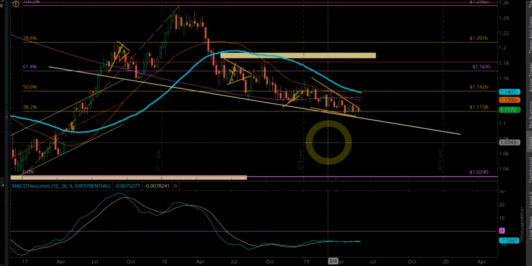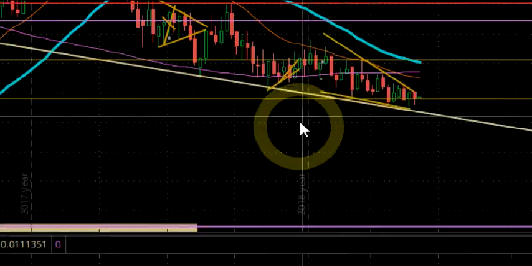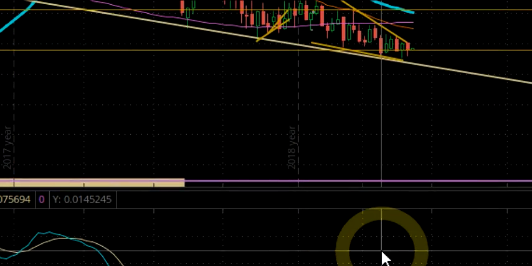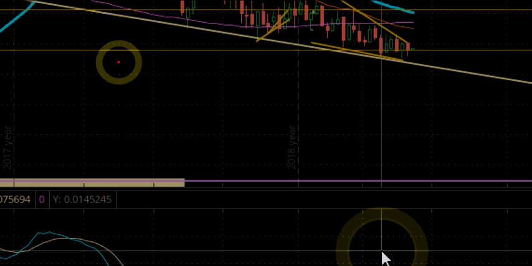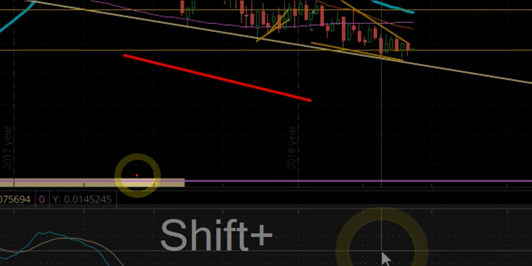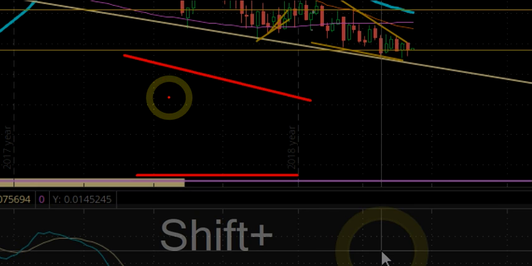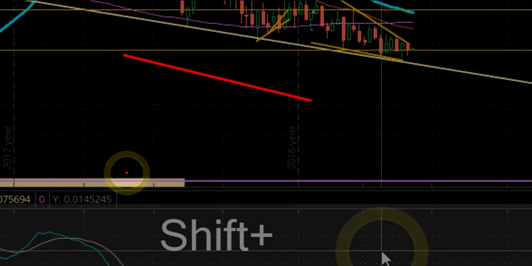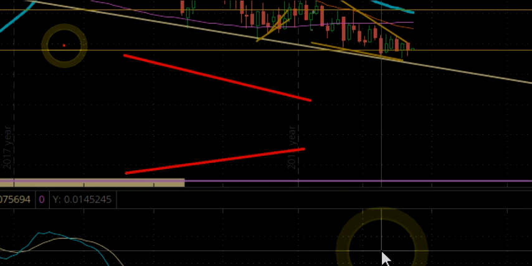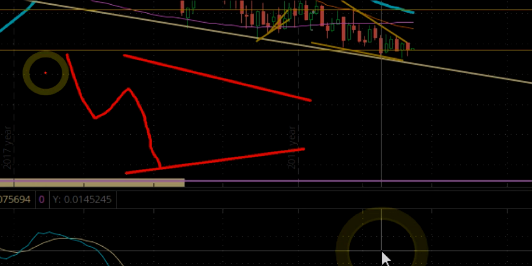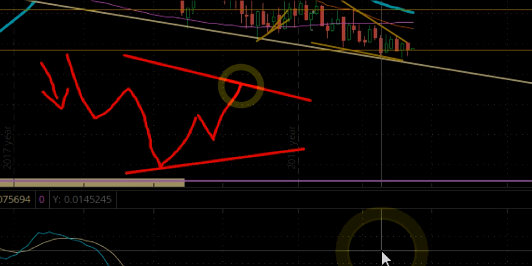But the thing you need to remember about triangles, let me just draw it real quick. The thing you need to remember about triangles, so let's say you've got a triangle pattern setting up like this. I just want to give it a little bit of slope, even if it's not that drastic. The thing you want to remember about triangles is, let's say the trend was this direction. Okay? So this would be A, and then this would be B, and then this would be C,